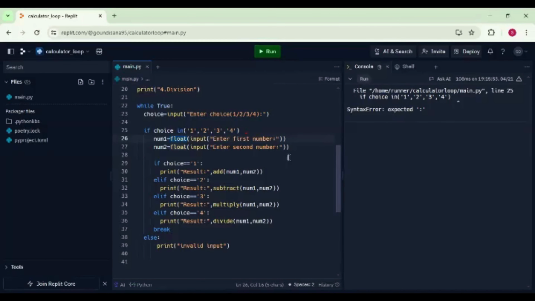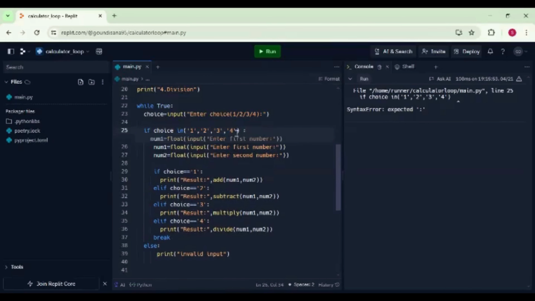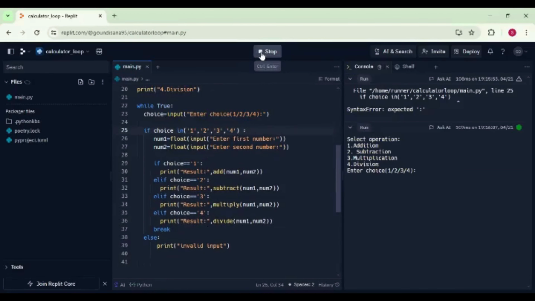So it is giving me an error at line 24: expected indent. That is, we have to give the indent here. Now, rerun the code. So now, as you see, selection operation: addition, subtraction, out of these four, you have to select. It is asking the user to enter his choice. If my choice is 2, I will press enter. It will ask me to